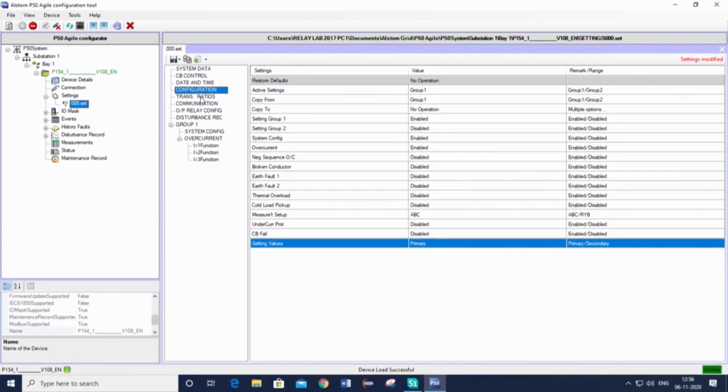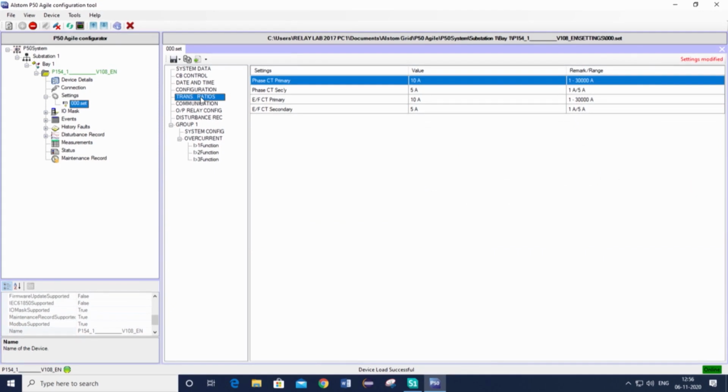So, here, as the data input, as already shown in our circuit diagram and also in the CT connection already made, it is 10 ampere at the primary side and 5 ampere at the secondary side, and this 5 ampere is the current connected to the relay. So, as already seen, the 10:5 CT is being connected for this arrangement.